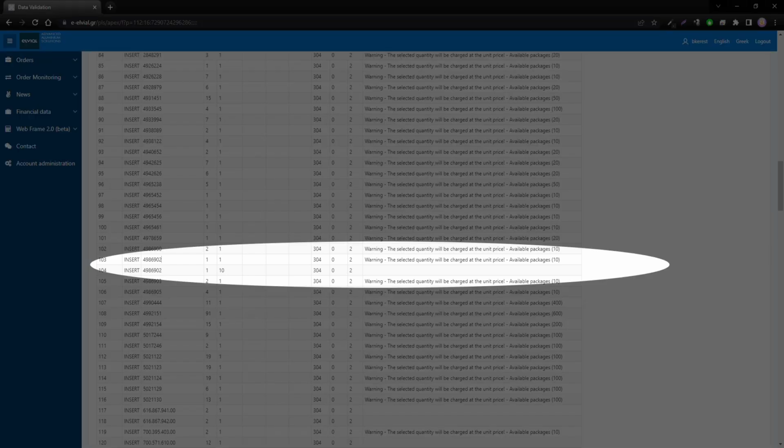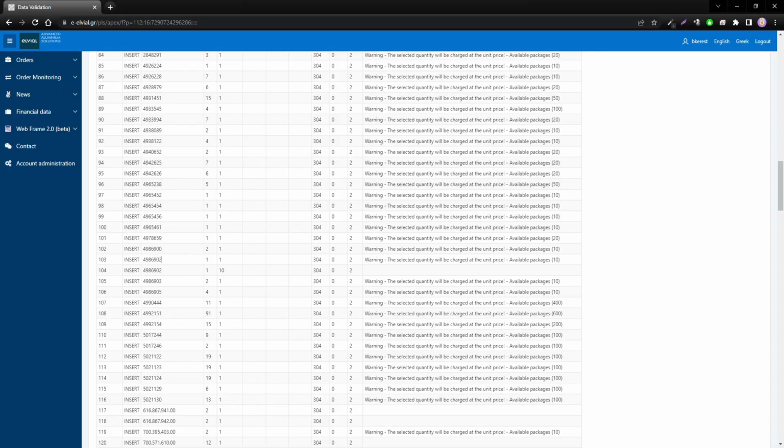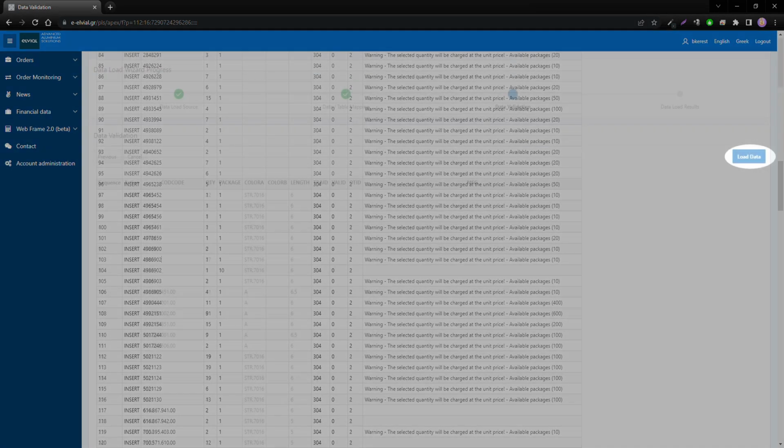For example, here it informs us that certain articles are available in packages, which we have already taken into account, having placed an order of a pack of 10 and 2 units. In case of articles with errors, there will be an appropriate message. Those articles should either be corrected in the CSV file, or registered later individually within the portal order. It should be noted that the articles that cannot be registered will be gathered all together in the end of the process where we can see them again. Select Load Data,